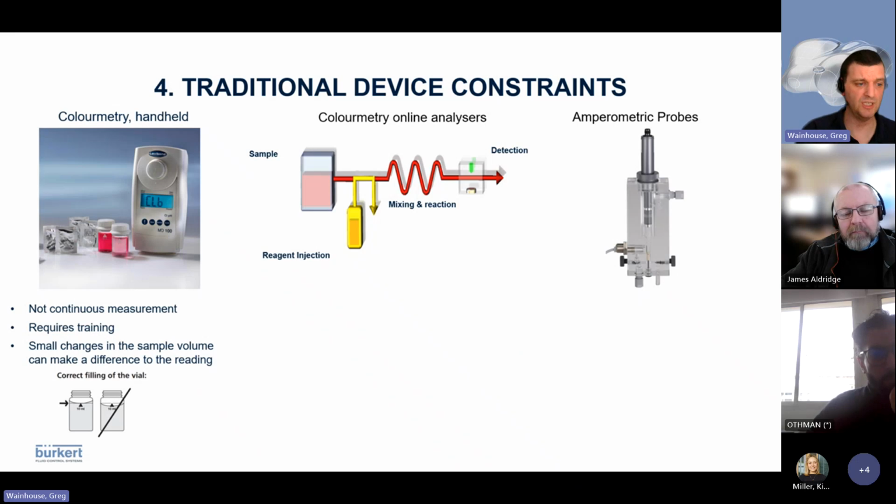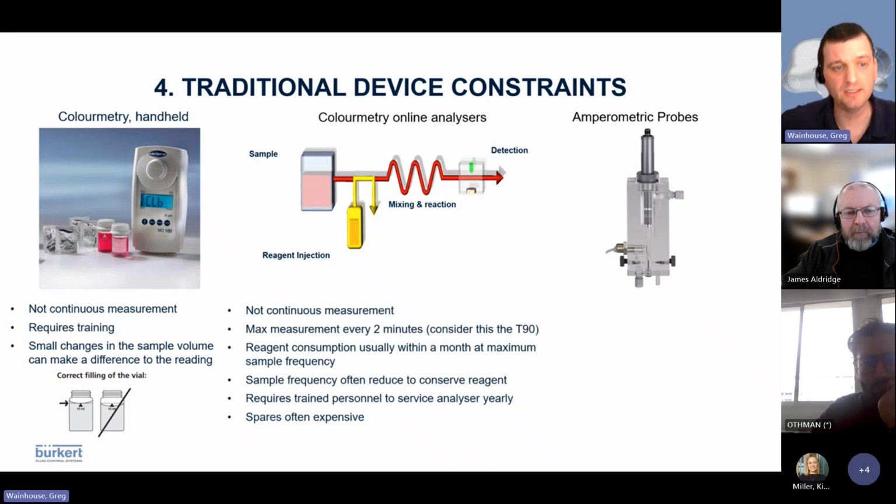Although the DPD tablet is generally a controlled additive that you put into it, the sample that you're taking also needs to be controlled, because if it's not, that changes the concentration that becomes measured. So you do need training on how to take a sample for the colorimetry handheld device. Now, with the online analyzers, as I've already highlighted, it's not actually a continuous measurement,